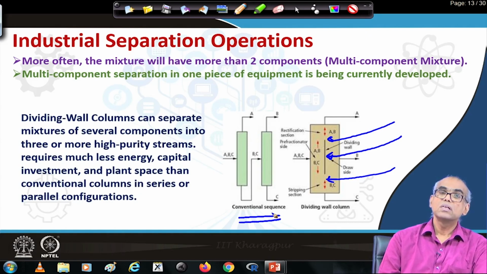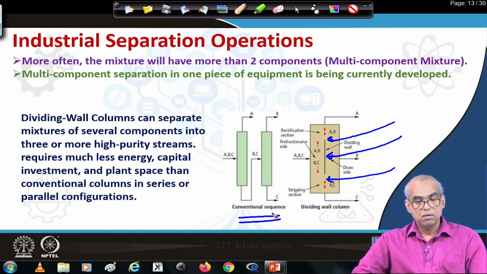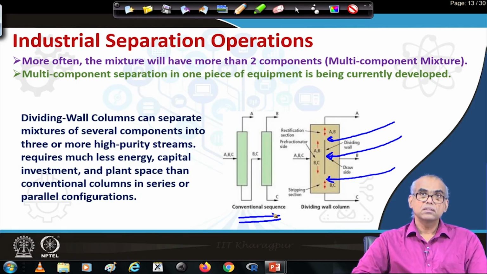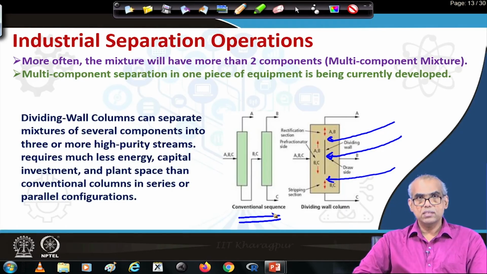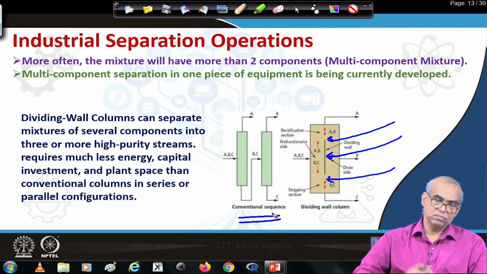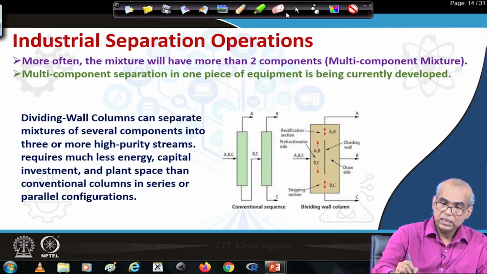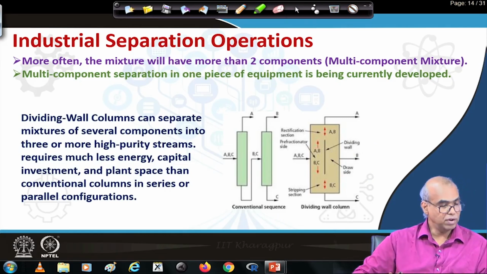So, such an arrangement requires much less energy, less capital investment and also requires less plant space than the conventional columns in series or parallel configuration. So, this is an example of process intensification. So, while such systems are being developed,